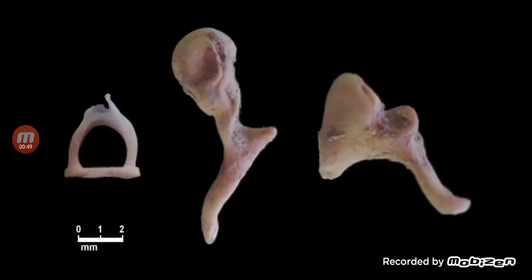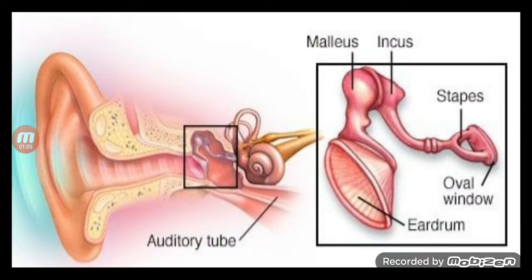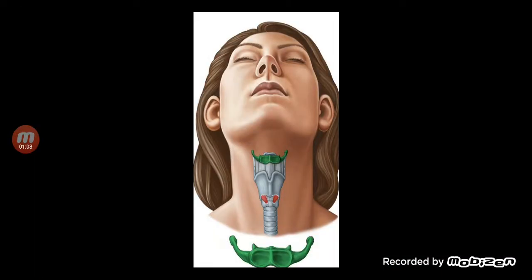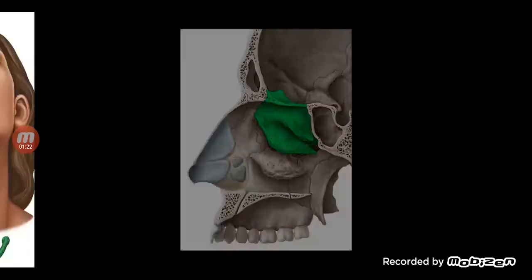So next we will cover the three bones of our ear, which are called stapes, incus and malleus. These three bones are interconnected to each other, and because of this vibration only we listen to sounds. After this we will cover the hyoid bone. It is a horseshoe type bone present just above the vocal cord, and this is one image of the ethmoid bone, which is not visible in the first picture. That's why I have shown it here.